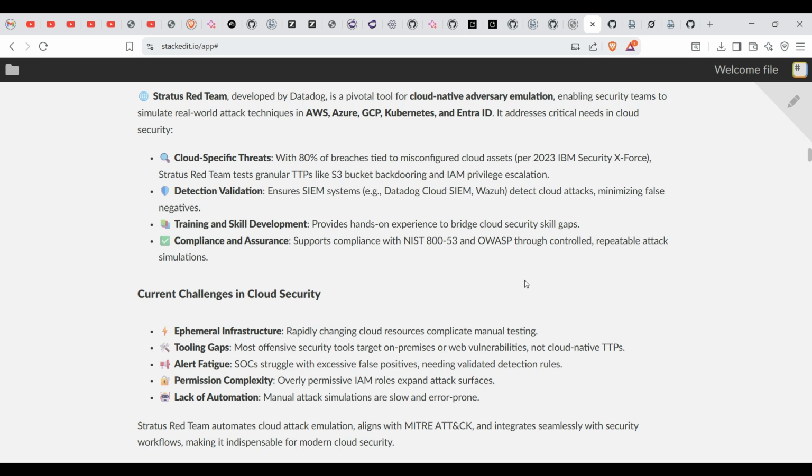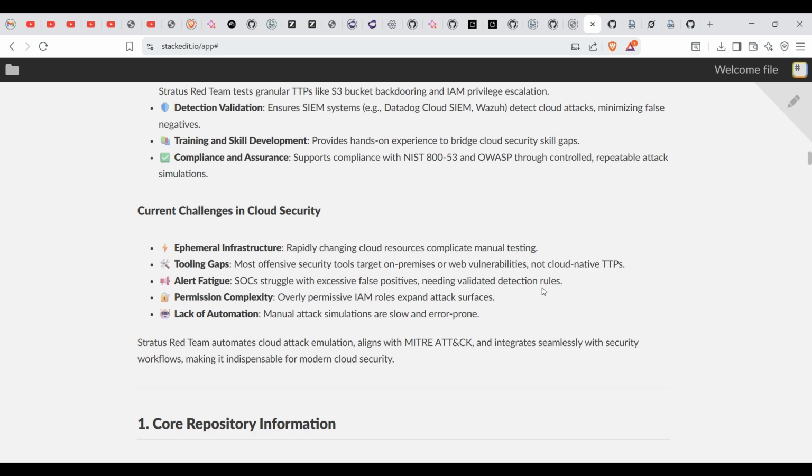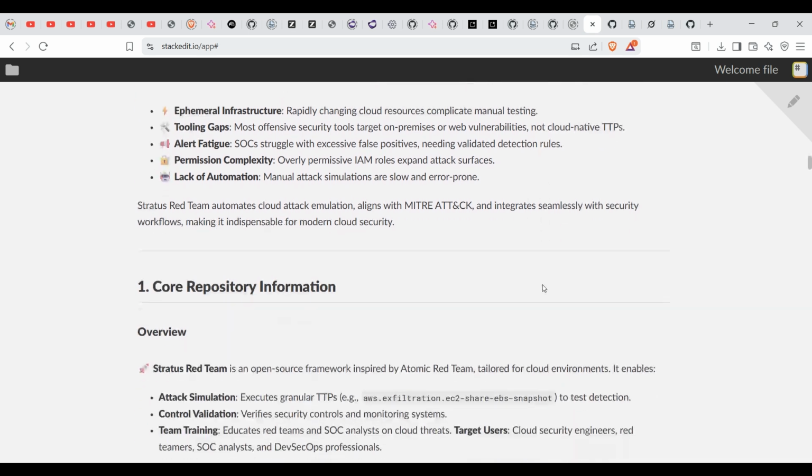For the cyber attacks, you need compliance and assurance support for this. It supports NIST 800-53, and it also supports OWASP top controls. Current challenges in cloud security: ephemeral infrastructure, tooling gaps, alert fatigue, permission complexity, lack of automation. So Stratus Red Team automates cloud attack emulations, aligns with MITRE ATT&CK, and integrates seamlessly with security workflows, making it indispensable